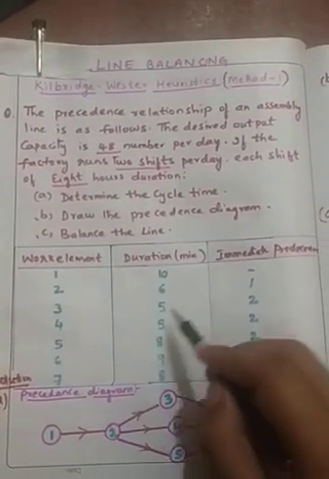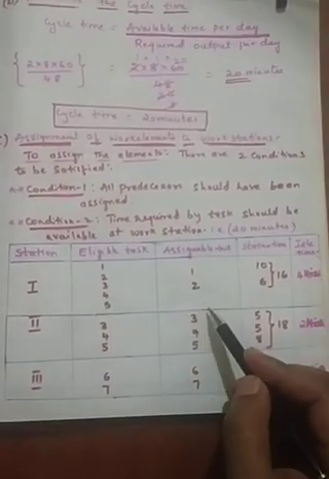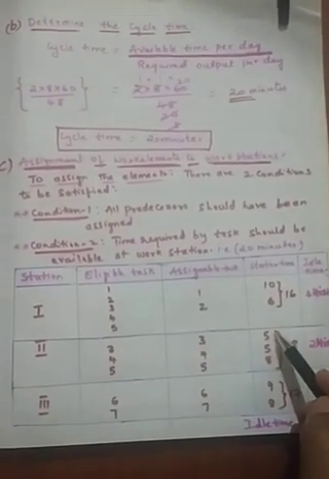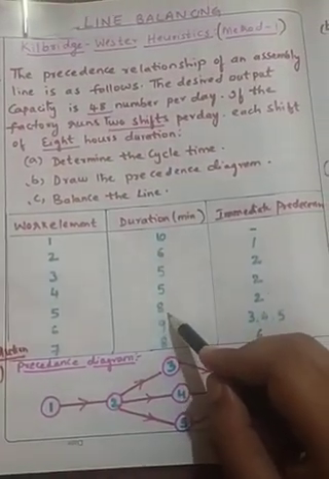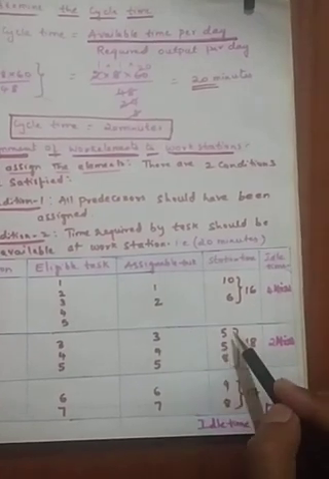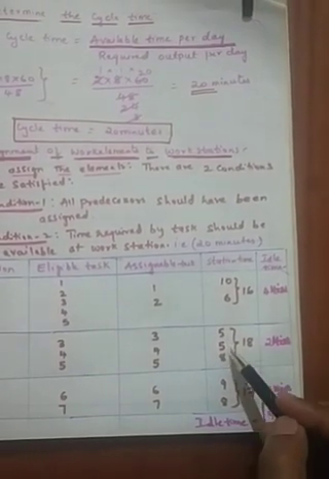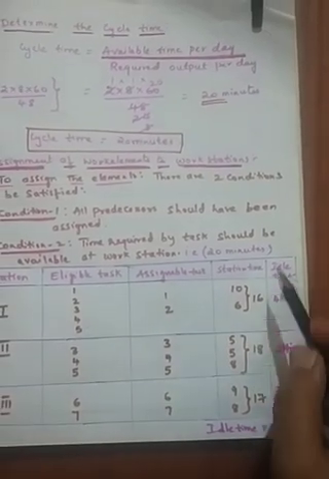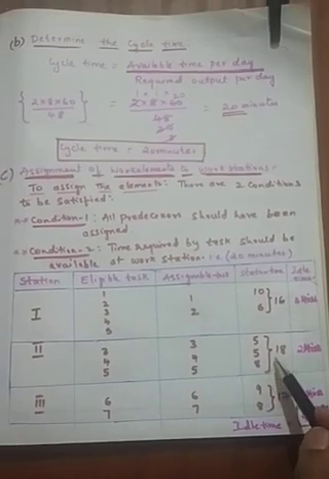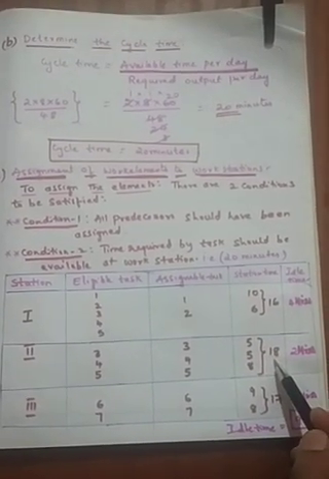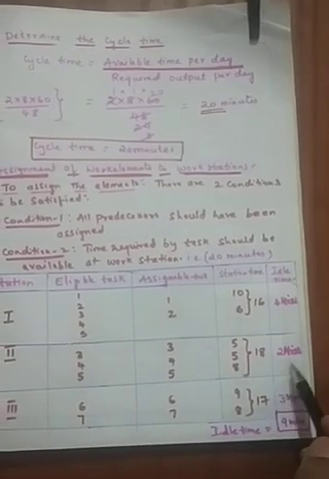So let us see 3, 4, 5: 5, 5 and 8. So 3, 4, 5 are eligible. Even 3, 4, 5 can be assigned because here you can see the third one is 5, the fourth one is 5, the fifth one is 8. So 5, 5 and 8. What is the value here? 5 plus 5, 10, 10 plus 8, 18. Because it is not exceeding the value of 20 minutes, you can easily have it at 18. So what is the idle time here? 2 minutes is the idle time. 20 minus 18 is 2.